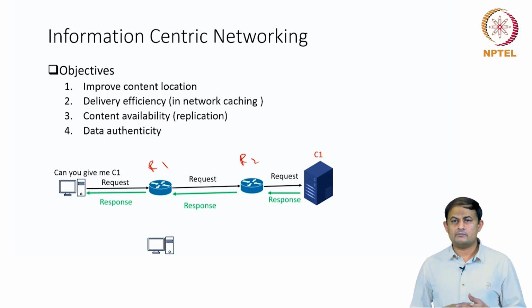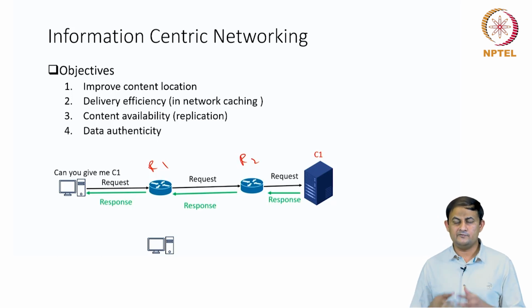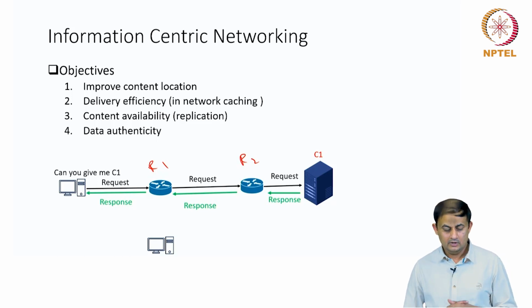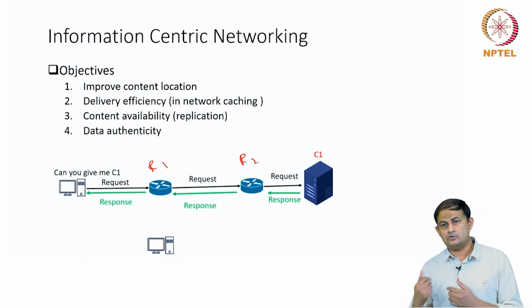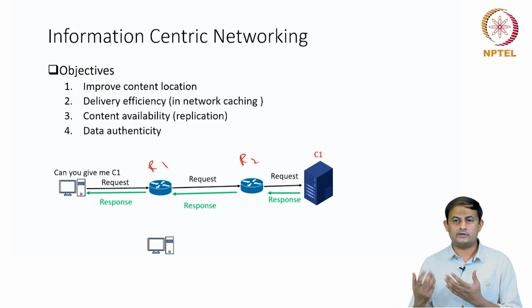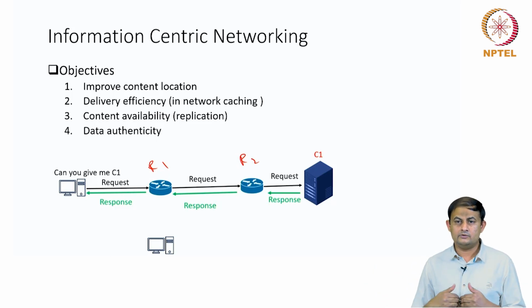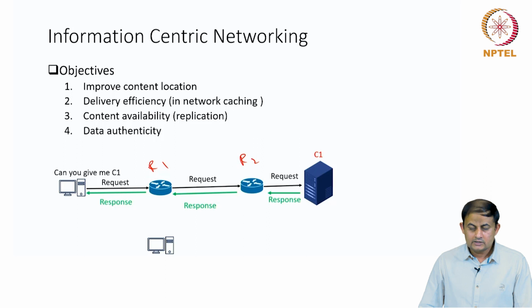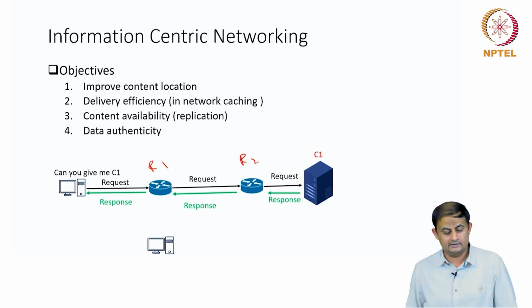Now the role of R1 and R2 is that, when the content is going in the reverse direction, they also make an informed choice to keep a copy of that content C1 within their own store. In effect, every router not only understands what content is being requested and where the content presently is, but also has an inbuilt storage mechanism where you can store the content, here C1. Assuming for the time being both R1 and R2 choose to store C1 when forwarding the content in the reverse direction,